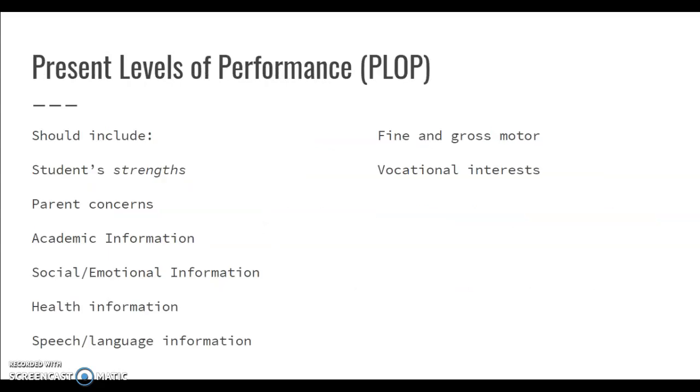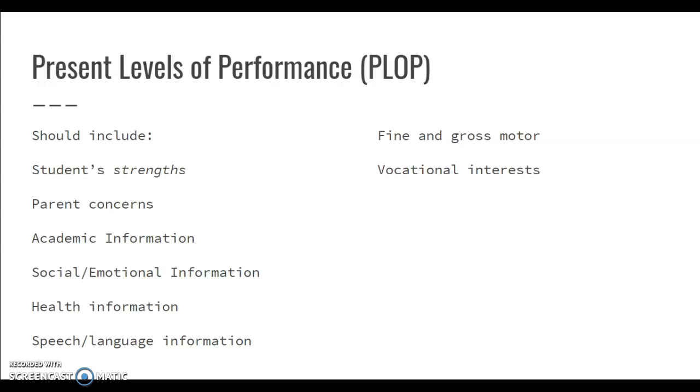Okay, present levels of performance, or PLOP, should include student strengths, parent concerns, academic information, social emotional information, health information, speech language information, fine and gross motor skills, and vocational interests. So student strengths, it's